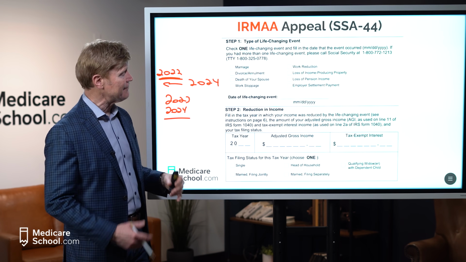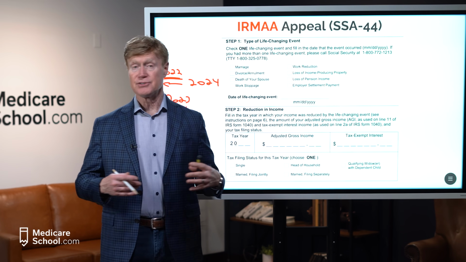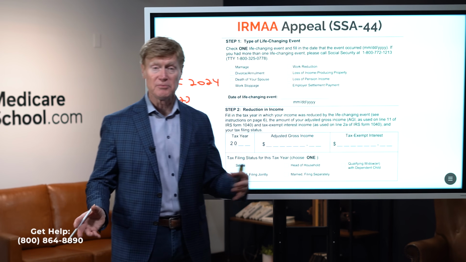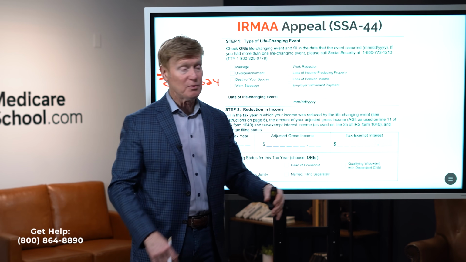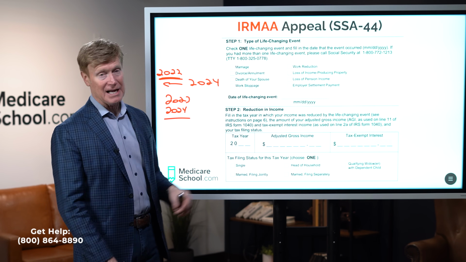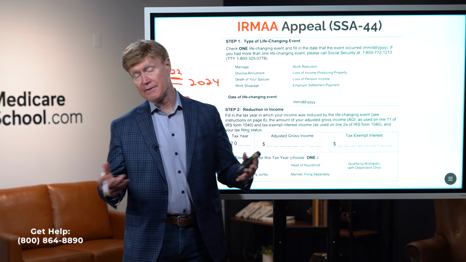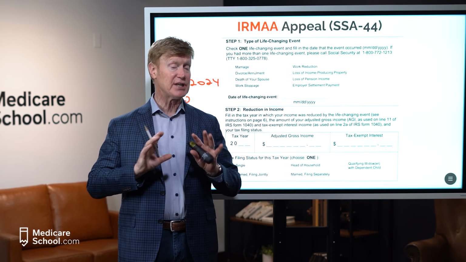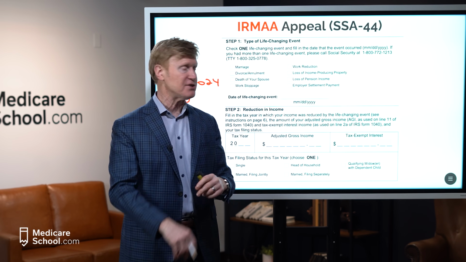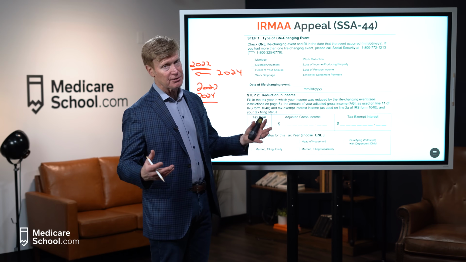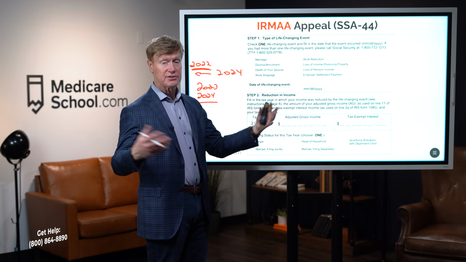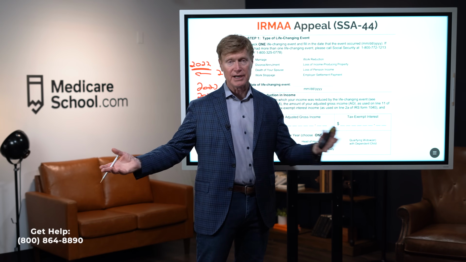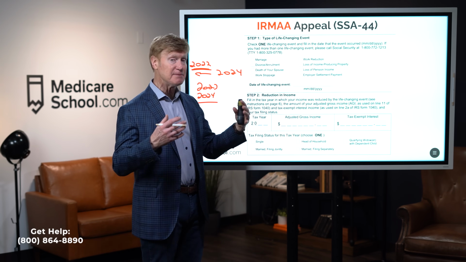Work stoppage, this would be someone that's retired, made the decision to no longer work. Maybe had real high income in 2022 and still going to make good money in retirement, but not as much. And so we would actually list the retirement date, work stoppage. And by the way, on this one, you don't have to have any proof of it. You may have proof of that, but you don't have to. You just simply sign an affidavit saying I'm supplying you with accurate information. So you're signing that under penalty of perjury. Work reduction is just simply semi-retired. You may have cut back from 40 hours to 30 or whatever, but your income has been affected because of the work reduction.